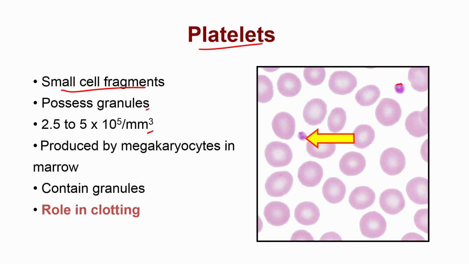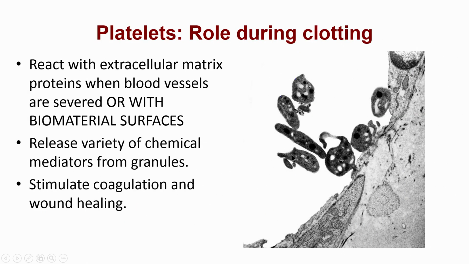So, you can see they are fairly small, much smaller than the size of blood cells, and their major role is to help with blood clotting. And how they do that is what we are going to study next. So, what platelets do is they react with extracellular matrix proteins when the blood vessels are severed, or with a biomaterial surface. So, typically in the body, let us say this is a vessel,